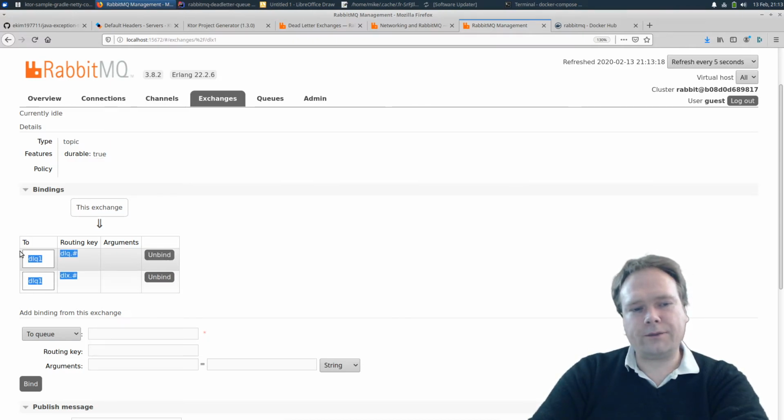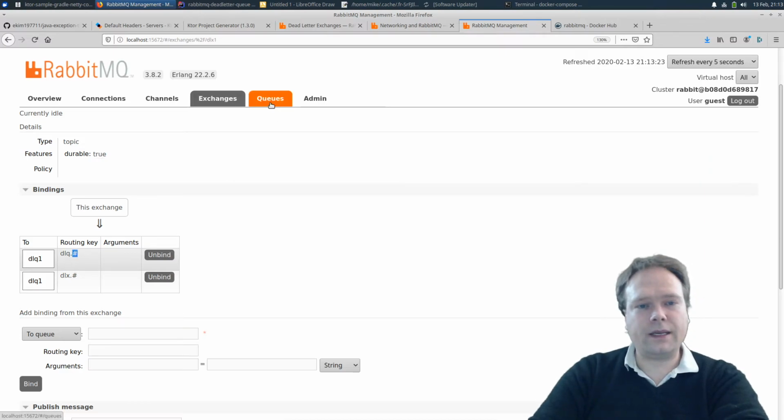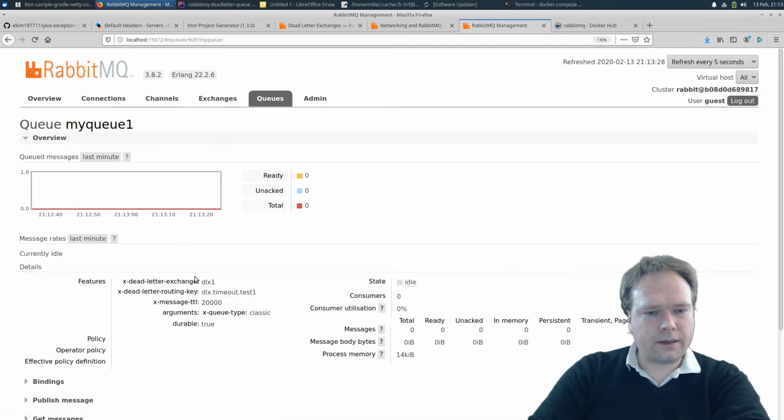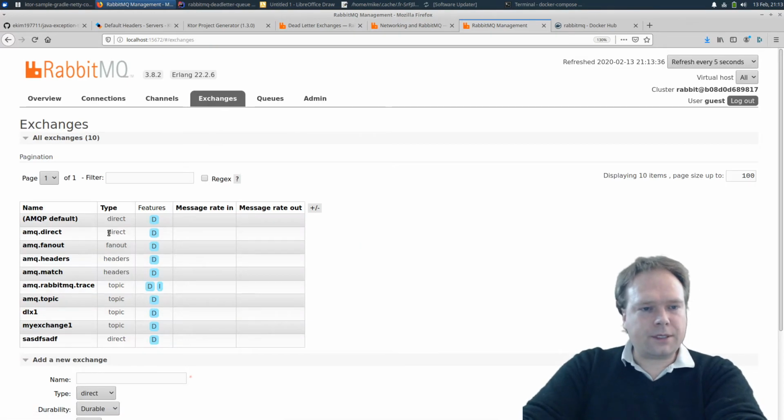It's actually okay. We have two bindings, so it doesn't matter if I write DLQ or DLX as the routing key in the Deadletter routing key, as we have right here. Both of them will be placed into the Deadletter Q1. Okay, so now let me go to my